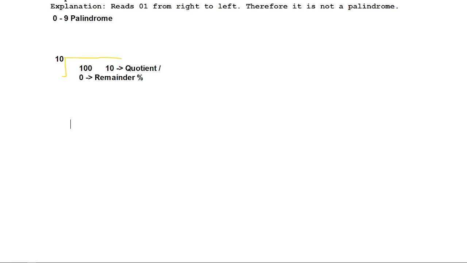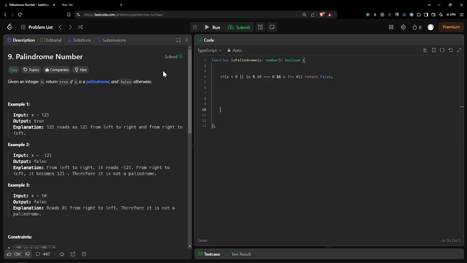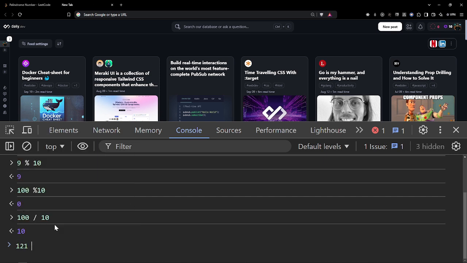The basic, simple logic is that we can convert the number into a string, reverse it, convert the string back into a number, and check whether the two numbers are equal. For example, if we have 121, I'll convert it into a string, so it will be 121 in string format. Then I'll reverse it, so it will again be 121, then convert it into a number in JavaScript, 121, and check both. If these two are equal, then this is a palindrome number.